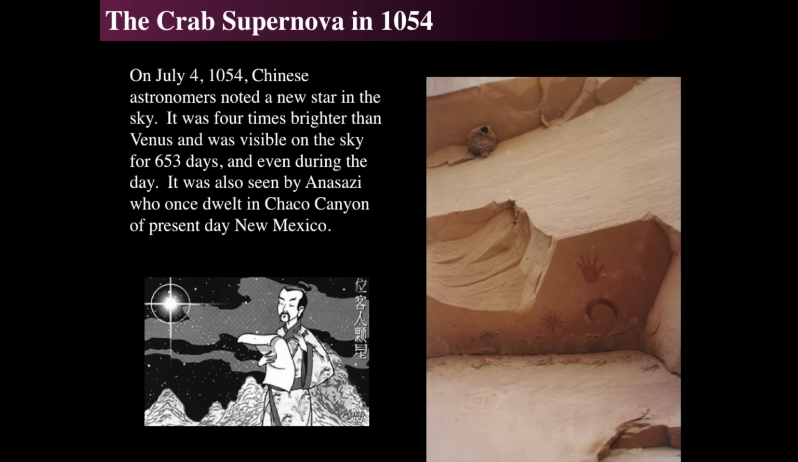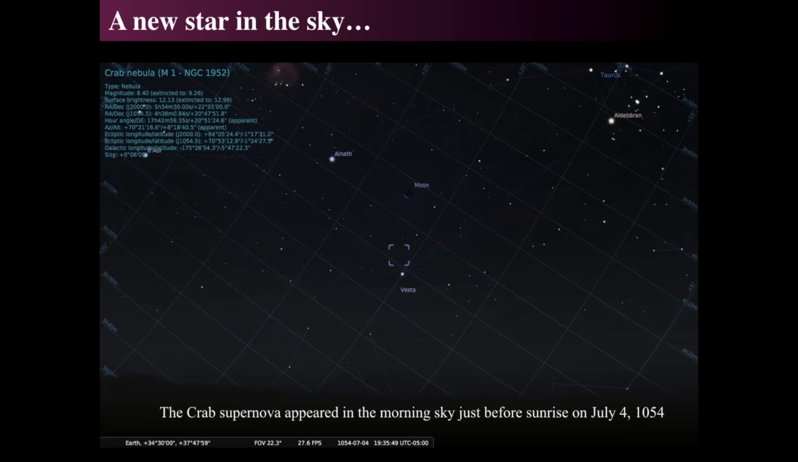But you see there's a star-like image, a moon-like image, and a hand. And this is really interesting because the Anasazi actually gave us a map of where to look on that date for that new star. Because if you use planetarium software such as Stellarium, you can go back in time to, say, July 4th, 1054, and you find